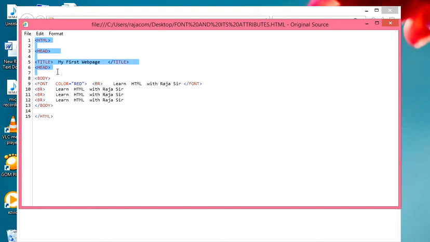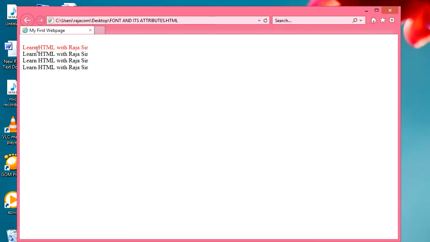This is in a very small font size, which I can't make bigger. So you can see font color red, then learn HTML with Raja sir, and font close. Because of this, the entire first line is in red color.